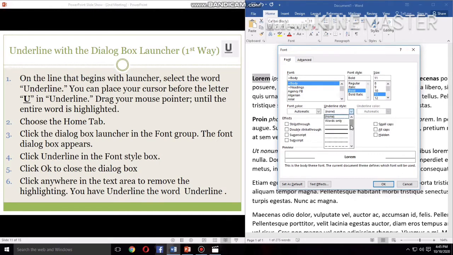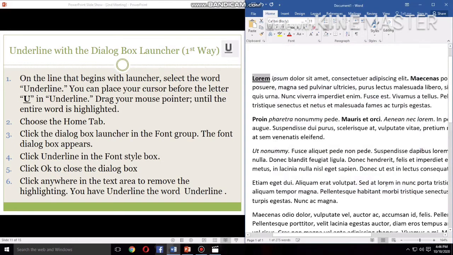For example, we need the double rule, so just click it. Automatically, here in the preview, we'll see what the style of the double line looks like when we apply it to the text. And then click OK. Automatically, our highlighted word now has a double underline. Next steps